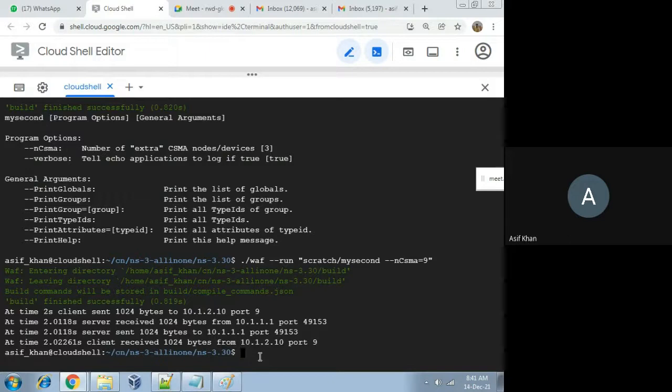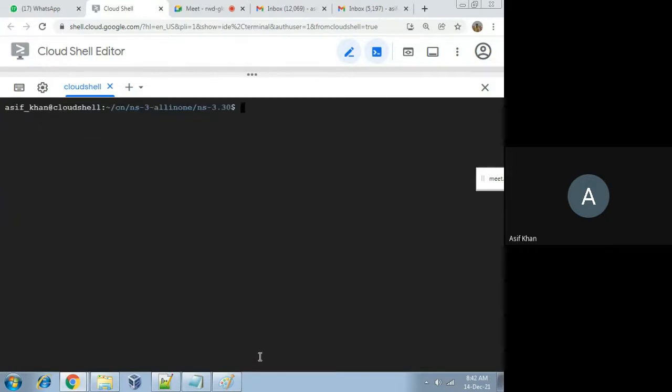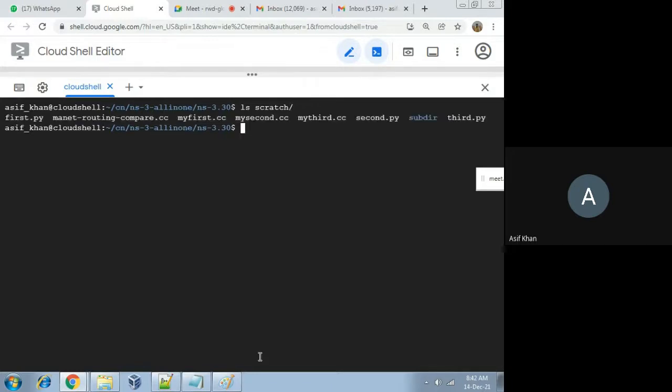Now let me go to the third.cc program. Let me check whether third.cc is present in the scratch directory or not. My third.cc is already there.